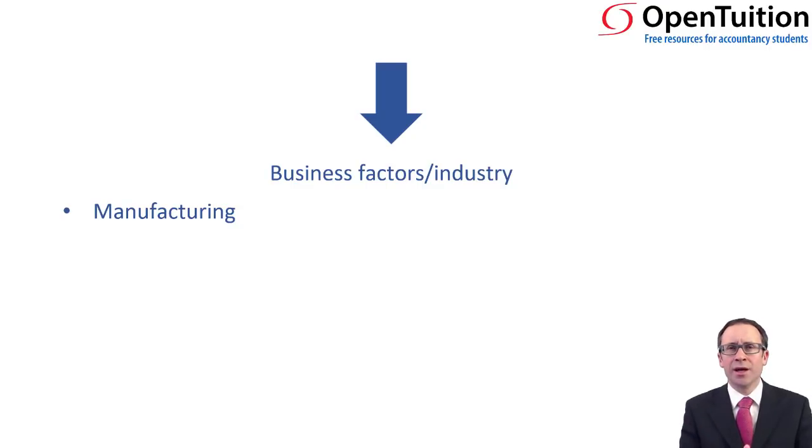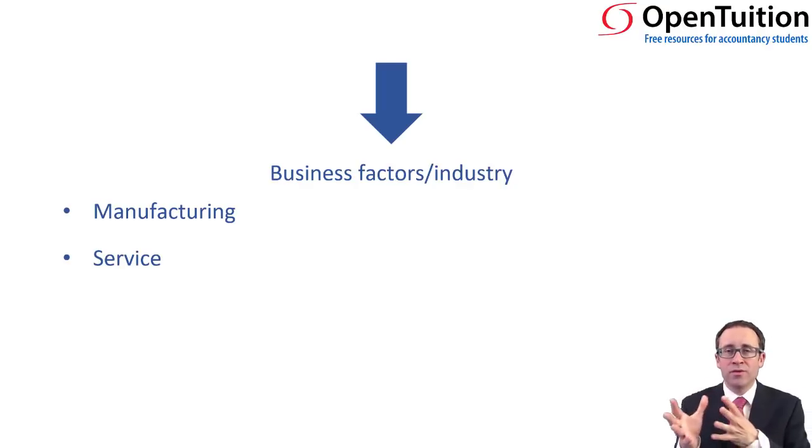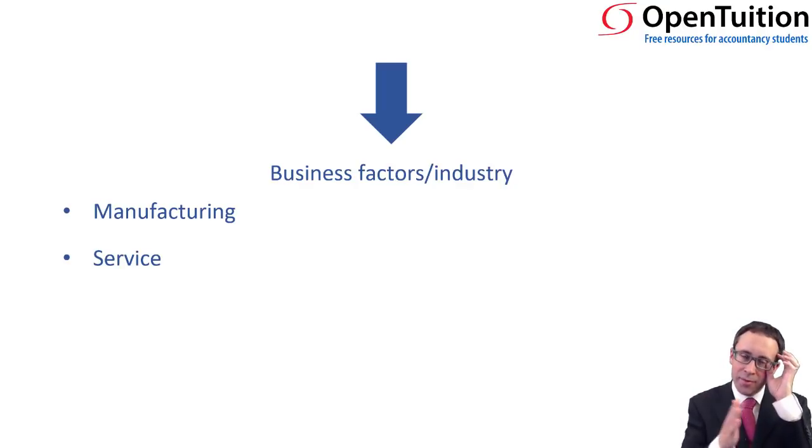Manufacturing businesses are going to have gross profits, aren't they? Because they are going to manufacture the goods for resale. So we need to look at their cost of sales, their sales and their gross profit. Whereas a service business doesn't really have a cost of sales. Okay, it's going to be very small in comparison. So the comparisons of the profitabilities, if you're looking at different businesses across different industries, can be more of a